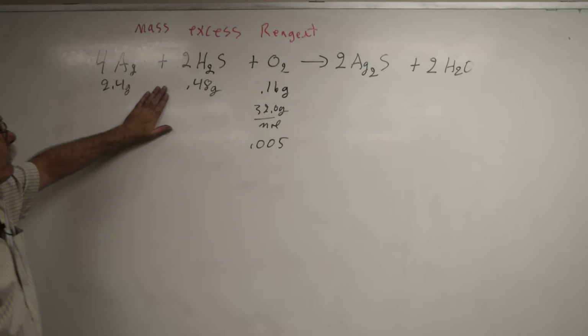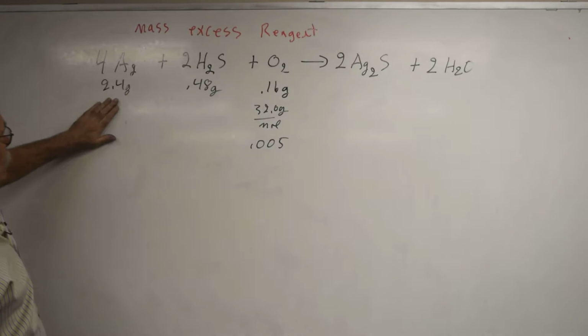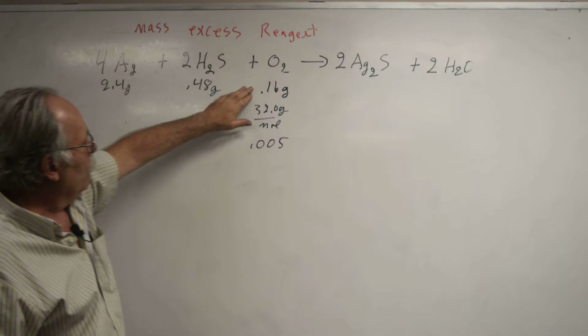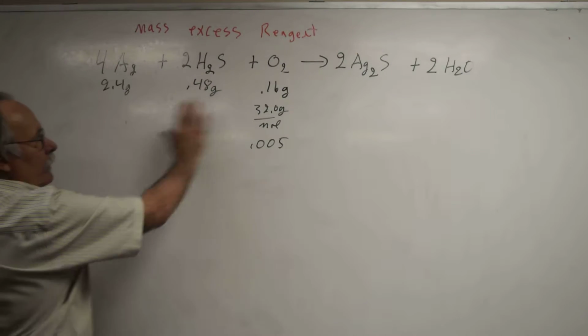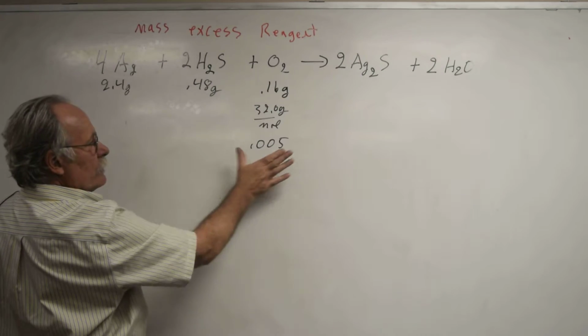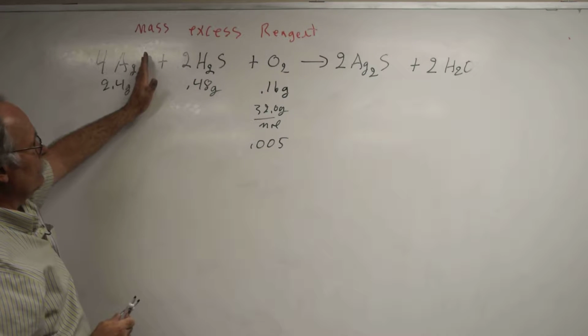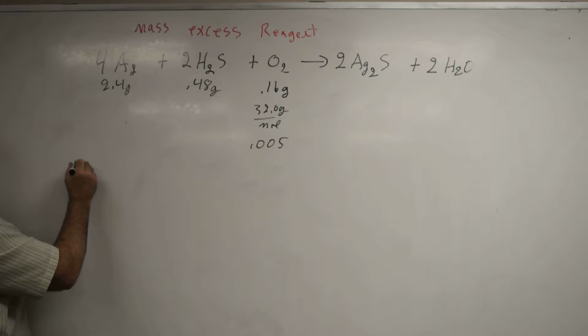Okay, we're going to continue on with the next part of this problem. What are the masses of the excess reagents when I take 2.5 grams of silver, 0.48 grams of H2S, and 0.16 grams of O2? We calculated previously that the oxygen was the limiting reagent, and now I want to know how much silver is left over and how much H2S is left over. So the excess mass